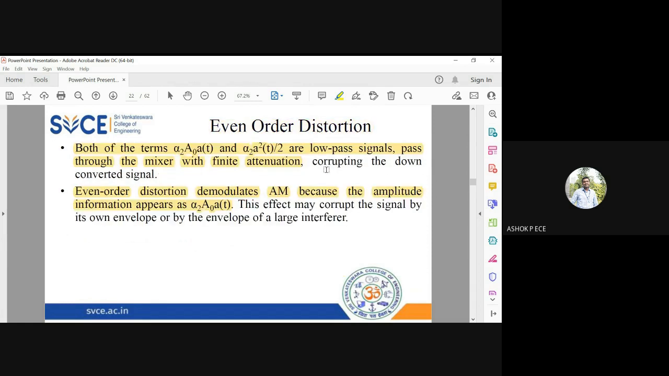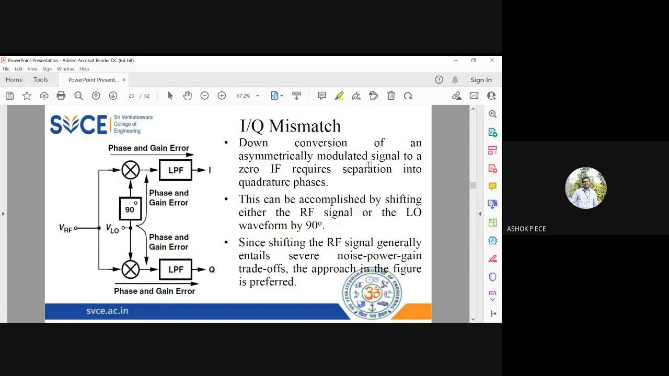If you are going to use this for AM demodulation, it is going to work well. Otherwise it is going to have a serious issue if the signal is corrupted by a larger interferer. So when the interferer has a larger power, then even order distortion will ensure that the complete signal is corrupted, both by the even order distortion as well as the interferer. Both will start working